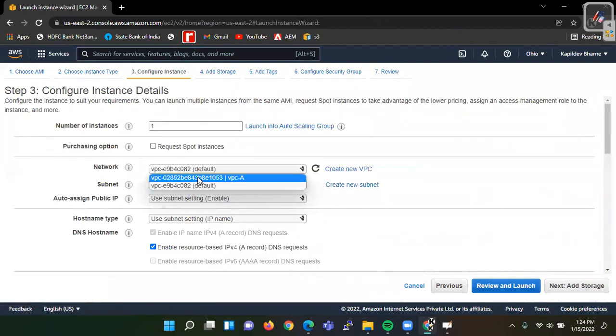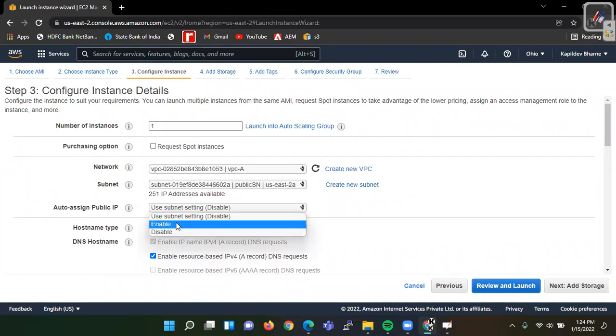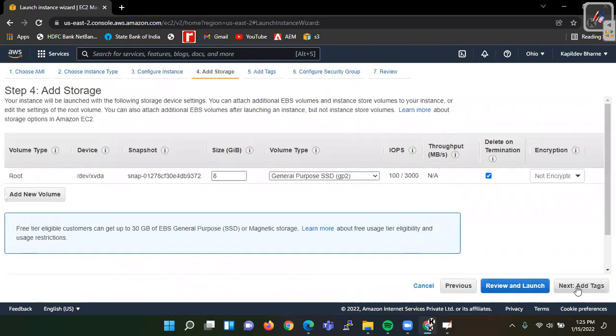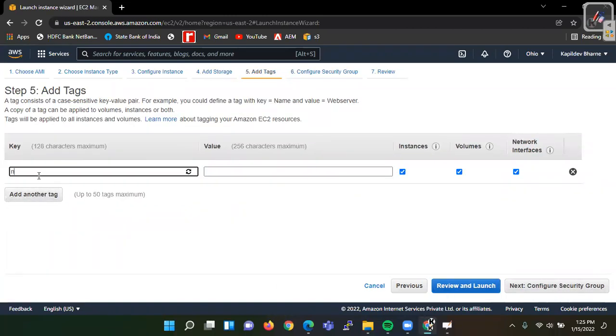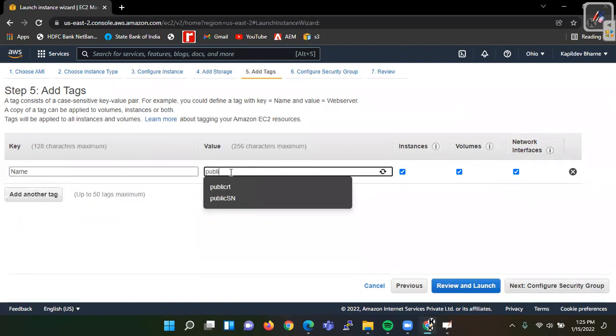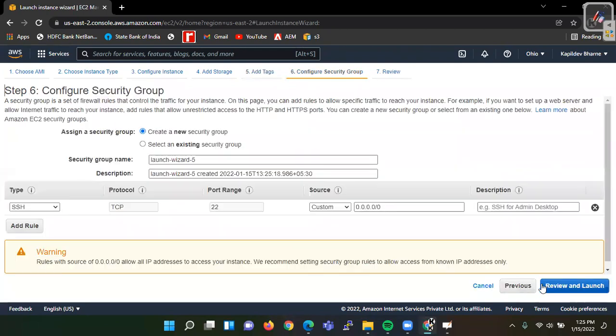we are creating a public server. For a public server we should have a public IP, so that's why we click on enable here. The next step is add storage. Then we keep this as it is. Add name, say public server, public-M. Then configure security group.